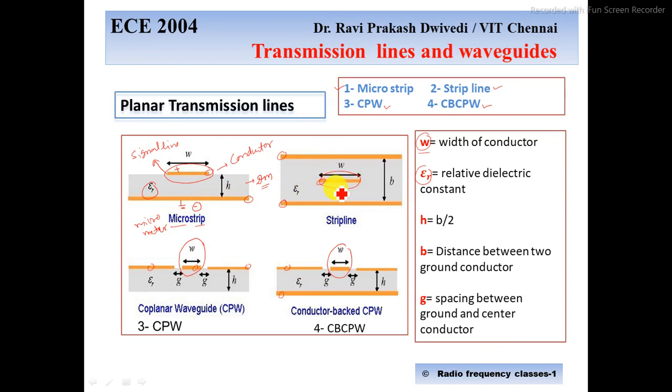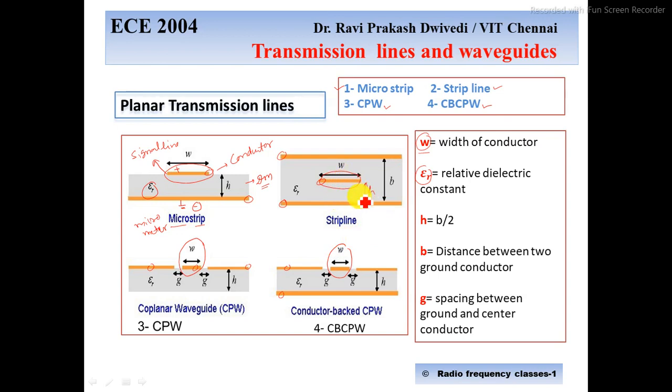Now when we talk about the strip line, it has two ground planes, and inside we have a strip line. Here this parameter is denoted by B. The separation between the two ground planes is B, and the separation between the signal line and the ground plane is H. So this H is B by 2. You can see here H equals B by 2, and B is the distance between the two ground conductors. For strip line only we are defining it. For other transmission lines we will not use this B. But when you see the book of Microwave Engineering by D M Pozar or any other books, they have different notation.